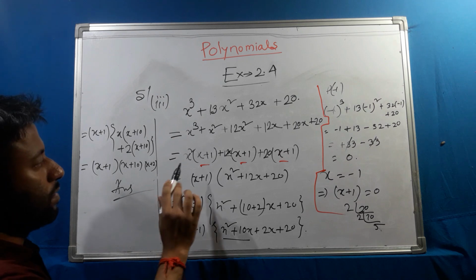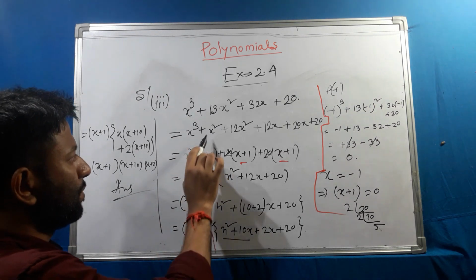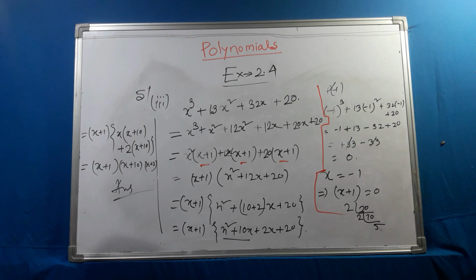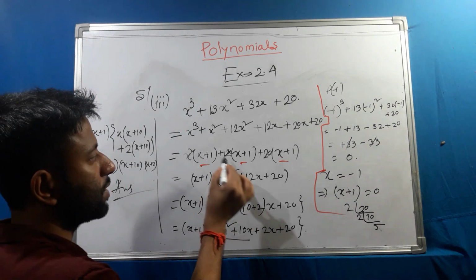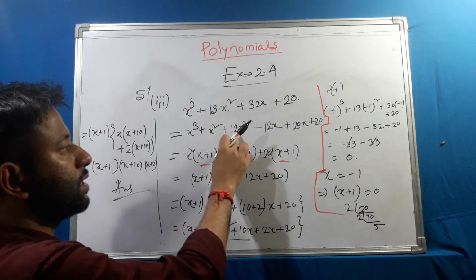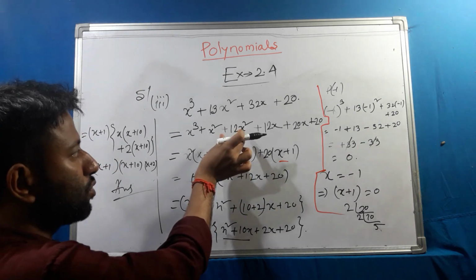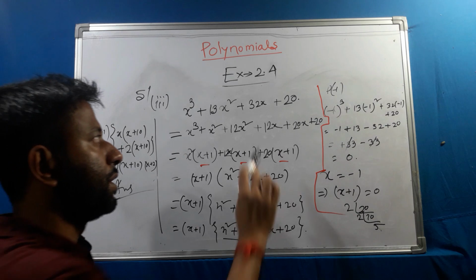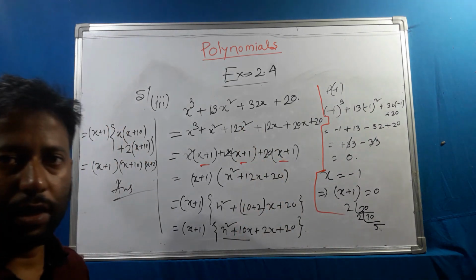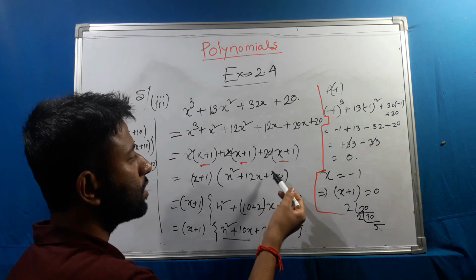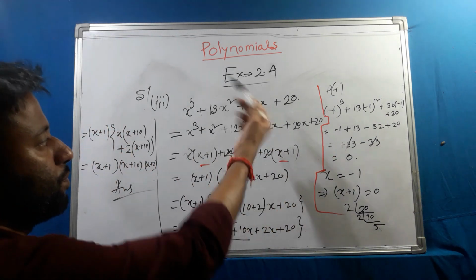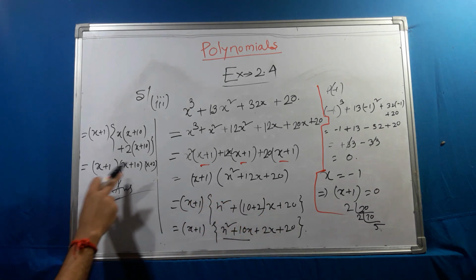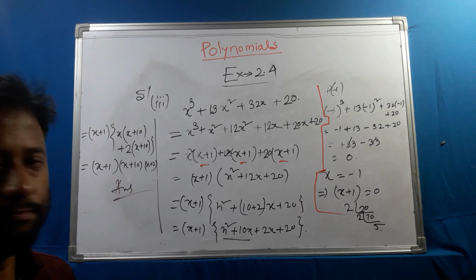से मल्टीप्लिकेशन करूँगा तो ये एक्स क्यूब प्लस एक्स स्क्वायर आ रहा है। एक्स स्क्वायर यहाँ पे 13 था, मैंने सिर्फ एक लिखा, तो रिमेनिंग 12 रह गया। तो उसको मैच कराने के लिए मैंने यहाँ पे 12x से मल्टीप्लिकेशन किया, तो 12x स्क्वायर आ गया, और इन दोनों का सम एग्जैक्टली ऊपर वाला आ रहा है। लेकिन यहाँ पे 12x आ गया, मेरे पास 32 था, मैंने 12 लिखा, तो रिमेनिंग 20 रह गया। तो उसको मैच कराने के लिए मैंने 20 से मल्टीप्लिकेशन किया, तो एग्जैक्टली वही टर्म आ गया जो फर्स्ट लाइन में था। अब सेम चीज़ को मैंने यहाँ पे फैक्टराइज कर दिया, तो ये x प्लस 1, x प्लस 10, x प्लस 2 है। ओके